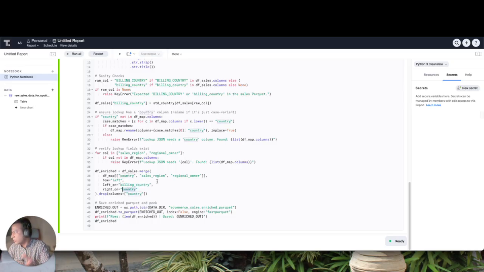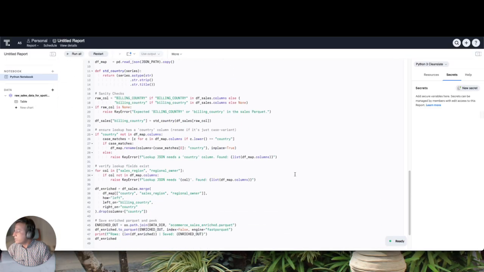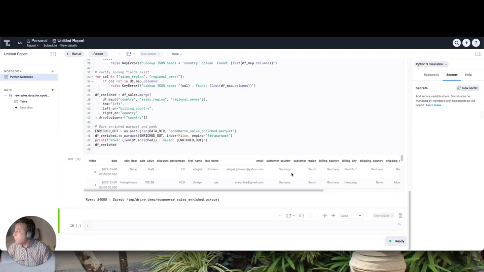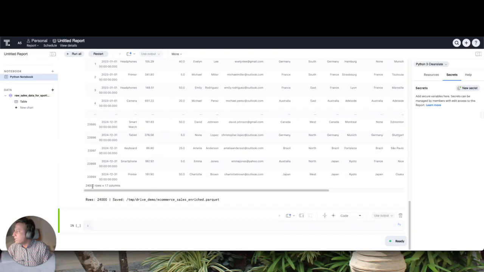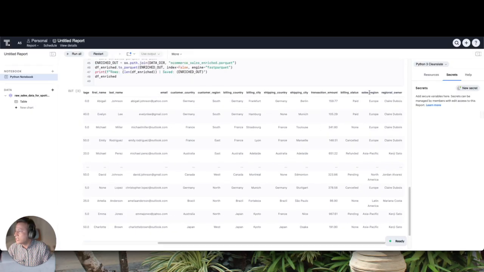The same attribute is called billing country in one of the tables in the Parquet file, and country in the JSON file, which is coming from Google Drive. So this looks good, and I'm going to execute this. And there you go. It has 24,000 rows now with the additional information of sales region and region owner, which came